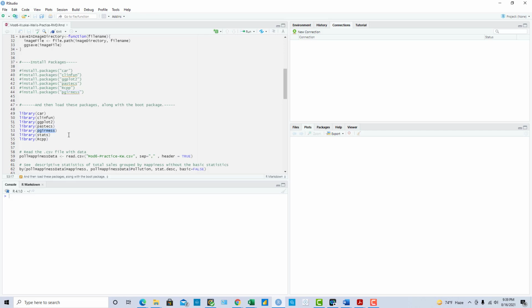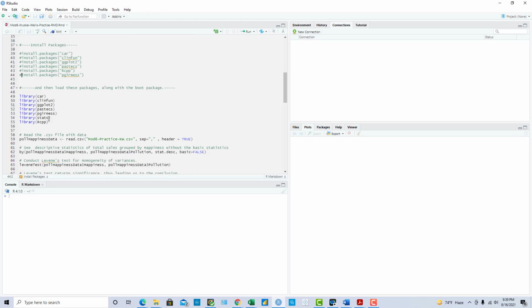So if you have not installed this already, I do want you to uncomment this and install this package before you proceed forward.